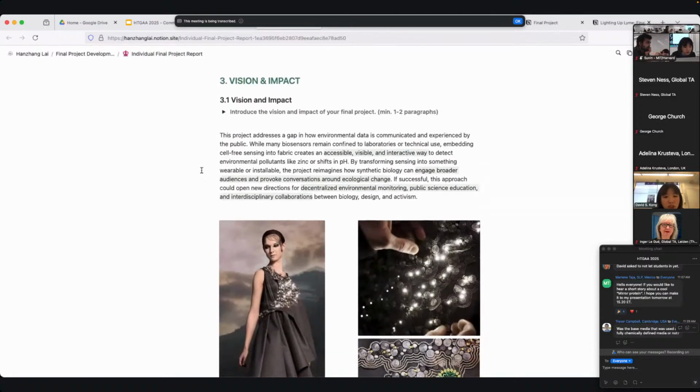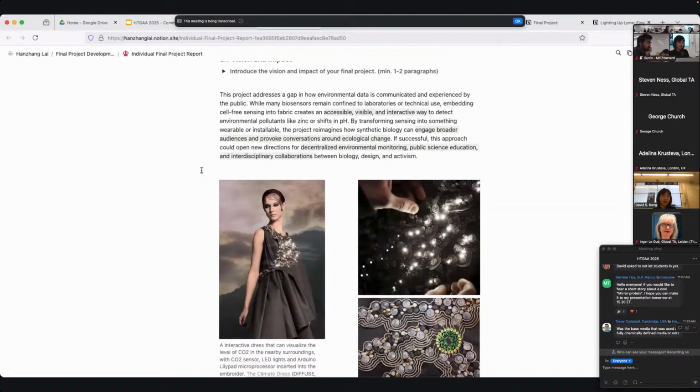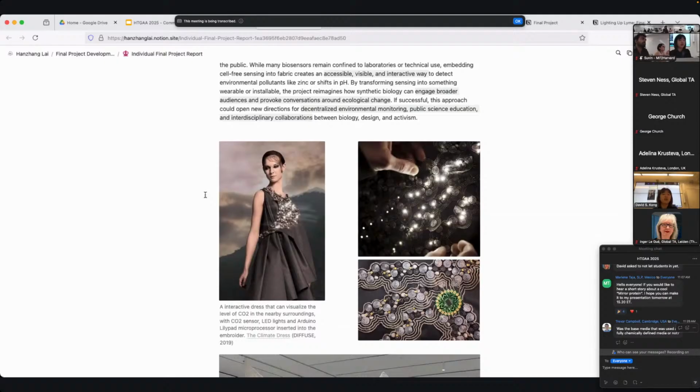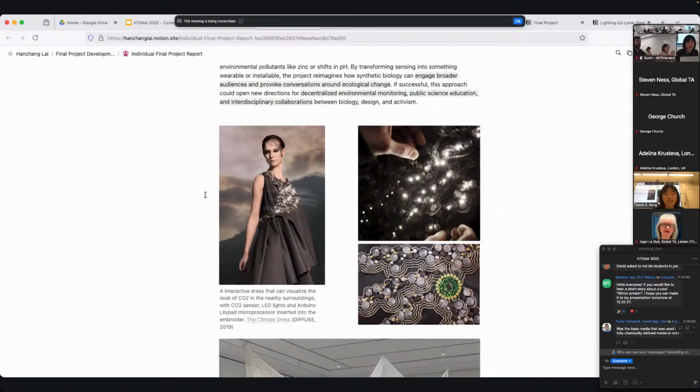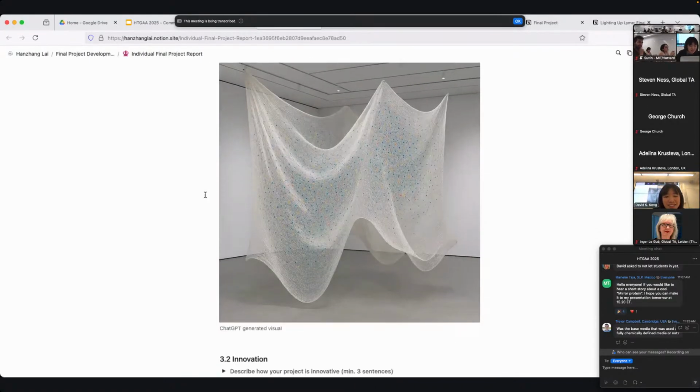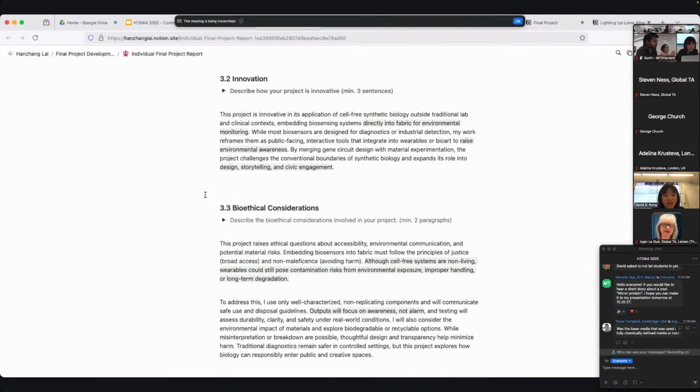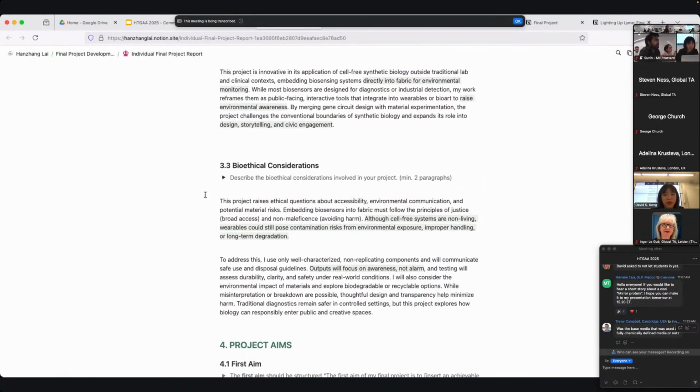So the vision, this project is actually not a biosensor. It is an electric sensor that could respond to, I believe, CO2 change in real life. I thought this kind of vision would be cool if we were to adapt it in a biosensing manner so that we don't need to use electronics and stuff. And this was a ChatGPT generated image. And as I talked about, the innovation is looking at this from more of a design storytelling